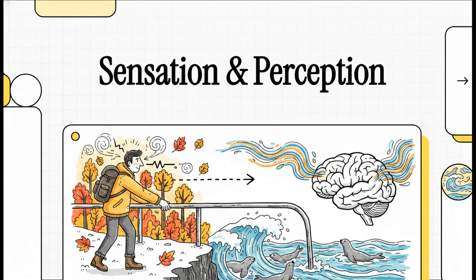raw, chaotic physical forces from the environment. But that's really just the baseline. What's absolutely mind-blowing is how your brain seamlessly takes those tiny electrical pulses and weaves them into a full-blown emotional reality filled with swimming sea lions down below. Welcome to This Explainer. Today, we're diving deep into the incredible divide between what we physically sense and what we